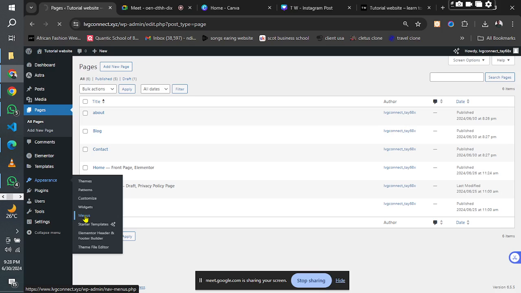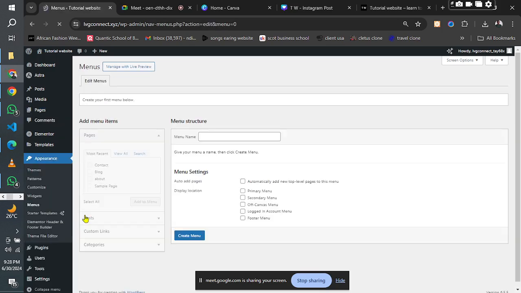Go to appearance and we go to menus. Now we can see there's no menu here, and they're telling us create your first menu below. So we'll just give this a menu name. I can say main menu, or I can call this header menu. And where do I want it to display? Primary location is mainly the top of the screen. So I'll just create new menu,